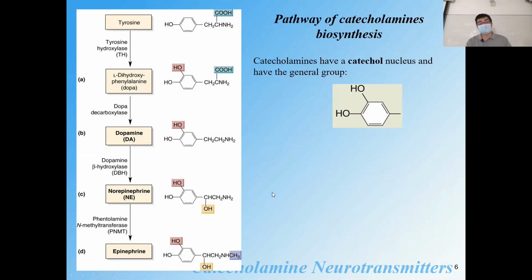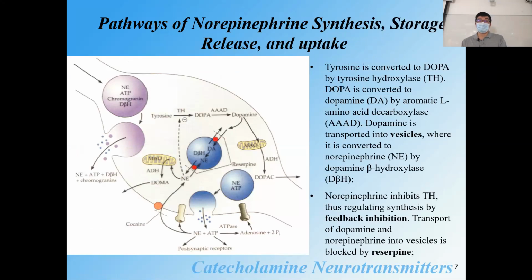Okay. Now from here, you can see that just one hydroxyl group distinguishes between epinephrine and dopamine. So the receptors are very, very specific in recognition of the molecules. We will have more on how those hydroxyl group differences affect different types of receptors. Again, we'll talk about the synthesis, storage, release, and uptake as well.